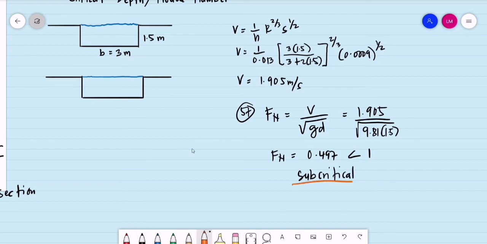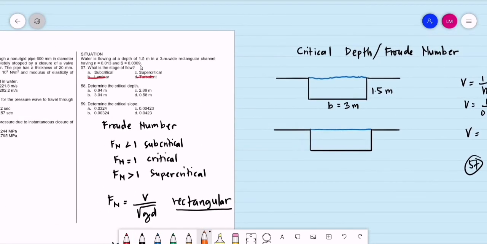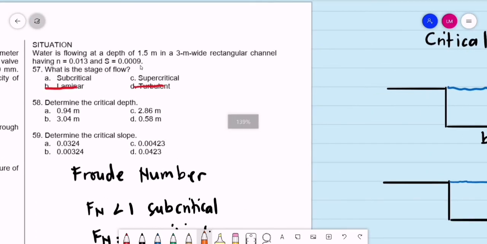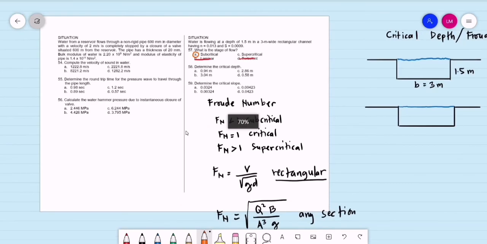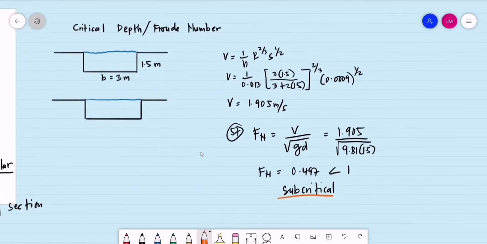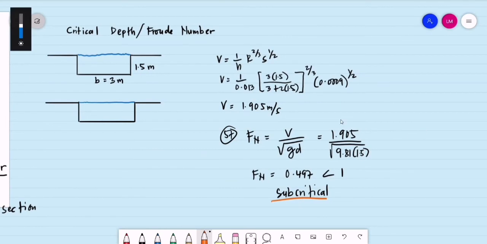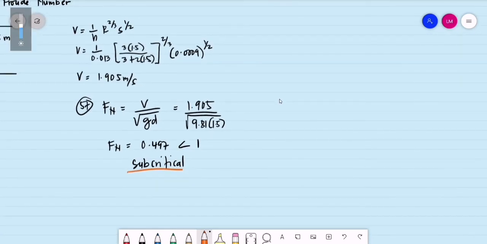Check natin for number 57. Ano yung letter na subcritical? So, letter A tayo. So, number 58, determine the critical depth. For critical depth,